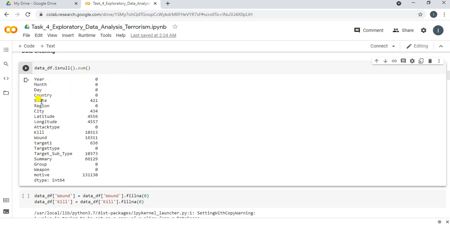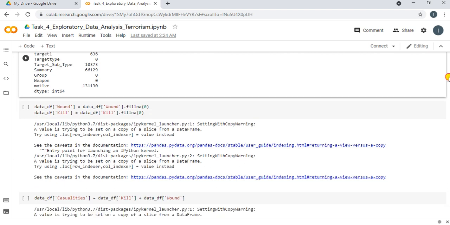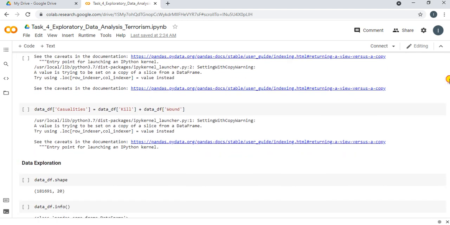Here we can see that state and city are having some null values, but as they are categorical values, I am not able to change them. Further, kill and wound are numeric values, so we can change the null values to 0. Further, another column is created naming casualties, which is the combination of kill and wound.